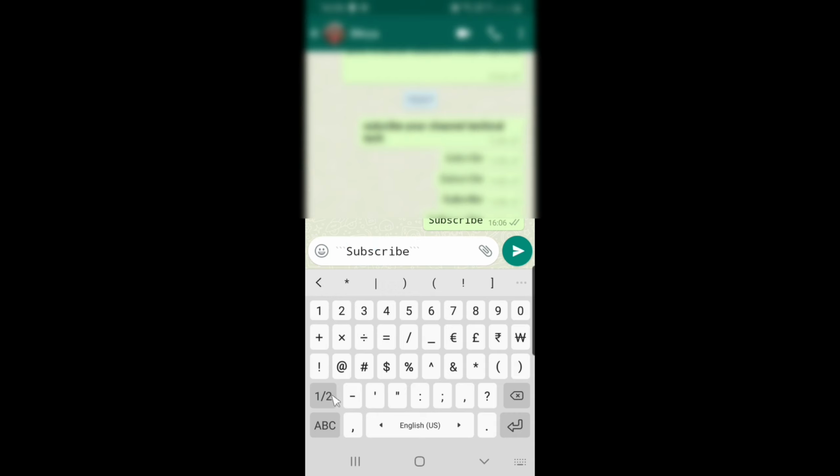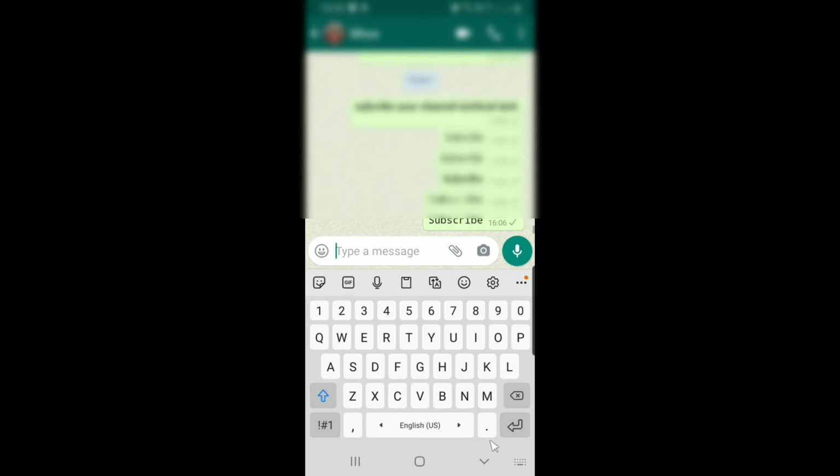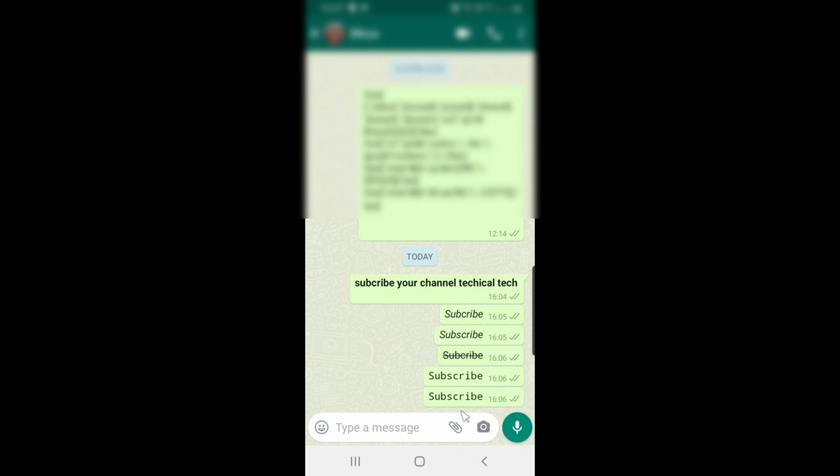We have to select this one, the italic comma. Done. Now guys, this we have done. This much you can do without using an app. Now I am going to show you some using an app.